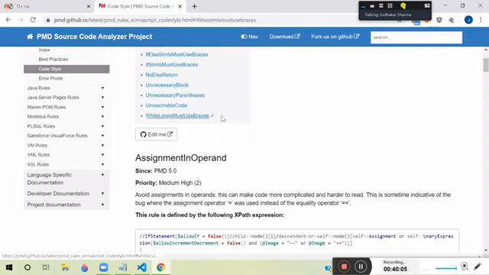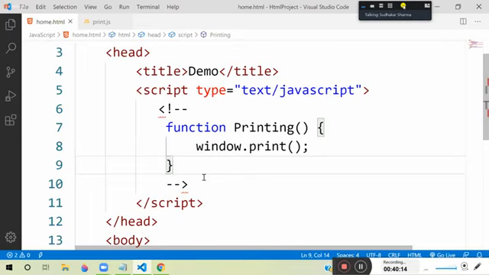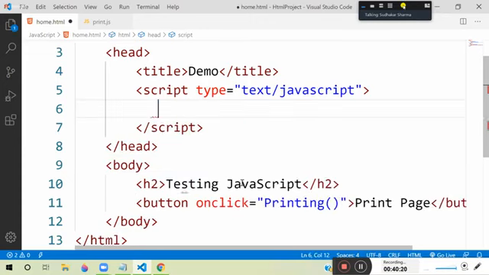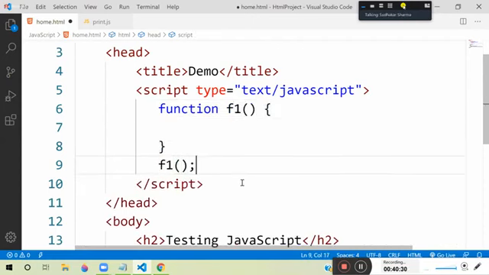Now the point here is developers, when they write the logic, they can violate the coding logics. How? I will tell you. For example, in the script I am writing a function f1 and we call the function. Okay, don't worry about function, where to write, where to call. This all you will learn later. You need to just concentrate on concept, right? Here the first important point here is, when we are defining the function,